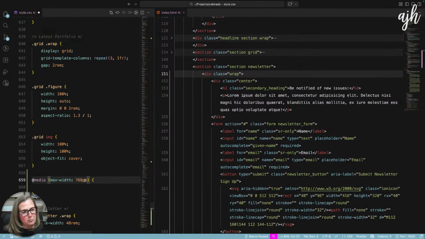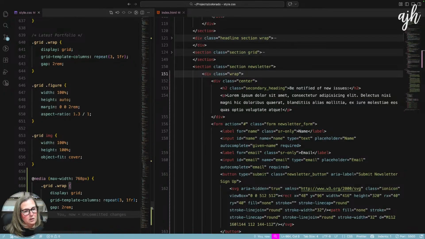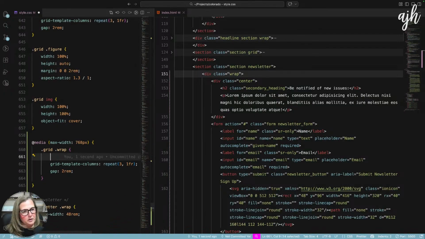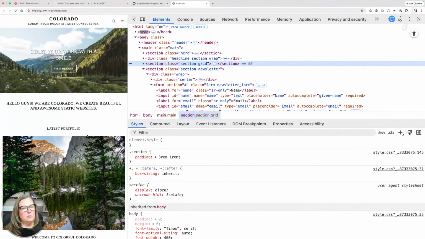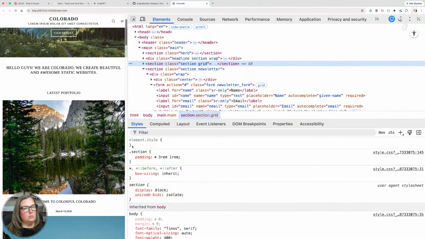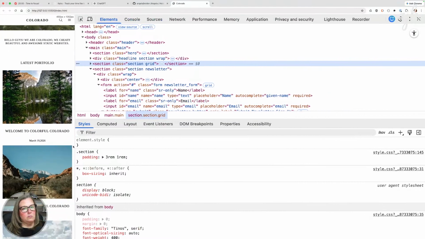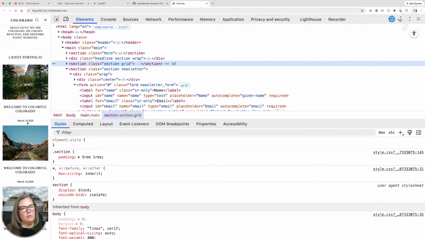You don't have to use the same breakpoint for everything. So we don't need that. And then we can change this to just 1 FR, and then we'll change the gap to 1. Yeah, that works.